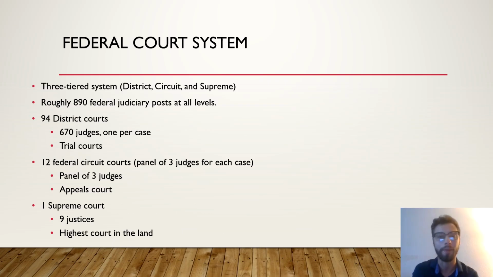So let's get going. So first off, our 3-tiered court system. Of course, we remember, think of it as a pyramid. I have a visualization in the next slide, but at the bottom, the lower courts, much larger. You have more judges. The district court is the first court you would engage with if you were involved in any federal offenses. Then you would have the second court, which is the circuit court, often referred to as the appellate courts. This is where you have appeals. You have panels of 3 judges presiding over each case, and they must come to a general consensus. 2 out of 3, that's a majority.